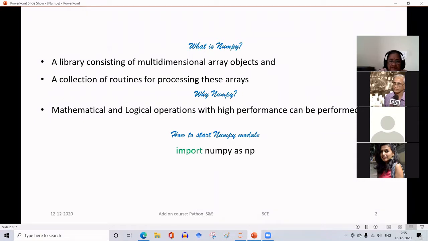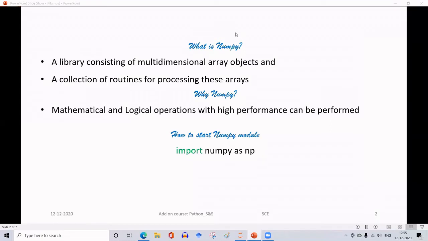To identify that it is coming from the NumPy library, every statement in which we use it has to be preceded by numpy. So the statement must be of the form numpy dot and then whatever you want to give. If it is an array formation, numpy dot array, then the remaining syntax.